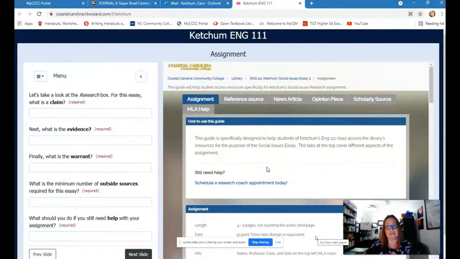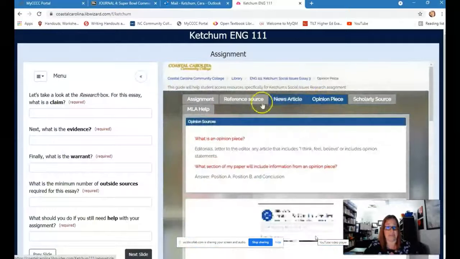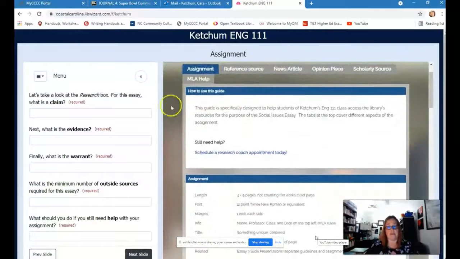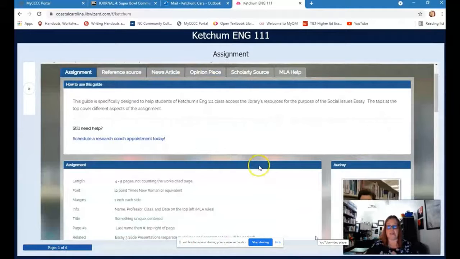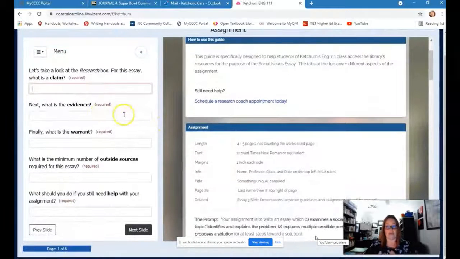What I really liked about this LibWizard is that not only does it have questions here that guide them where I want them to go, but everything over on this side is completely interactive. So it is really like accessing the research guide. They can click all the different tabs up here to find their answers. They can manipulate this. They can even collapse the questions and look at the research guide as the whole screen. So I really did like the way this is set up. And so if I put in some answers